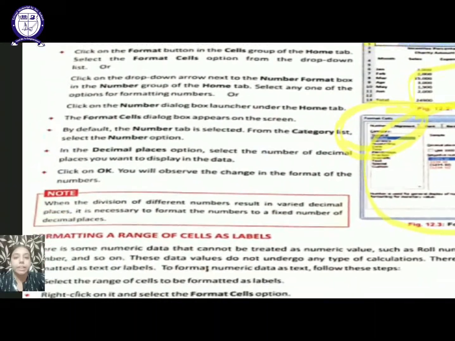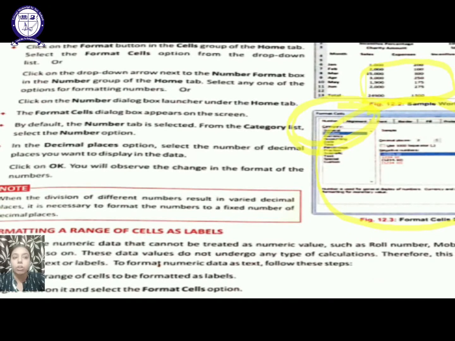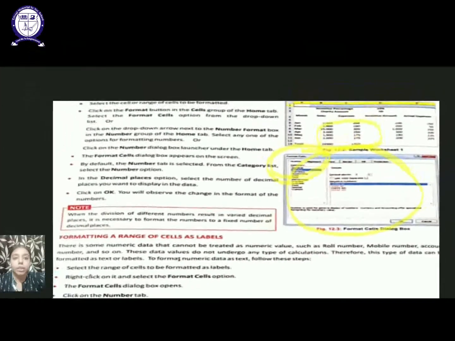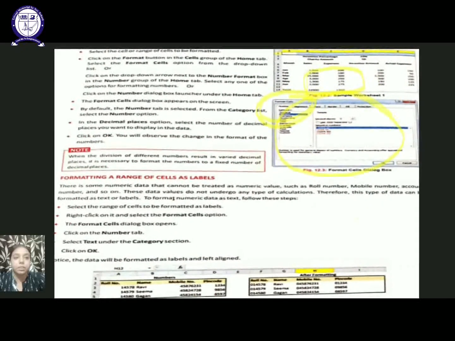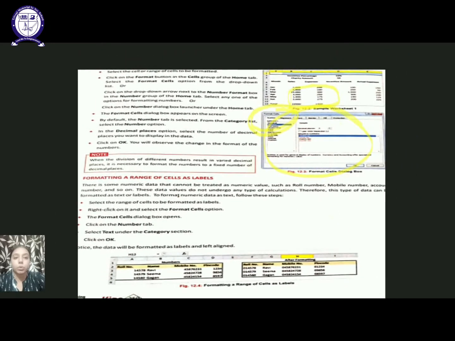The category which is highlighted here is the general category. Below this, the second one is the number category. Click on that one. As soon as you click on the number category, on this side you will see it is written decimal places. Here you have to increase or decrease the number of decimal places, and then accordingly the data in the sheet will change. Suppose you have taken 3 and your data typed is 100, so it will become 100.000. Remember, after choosing any of the decimal places, click OK, right?